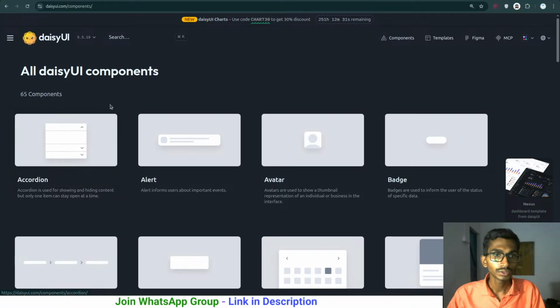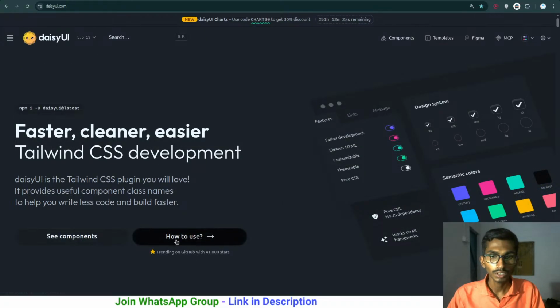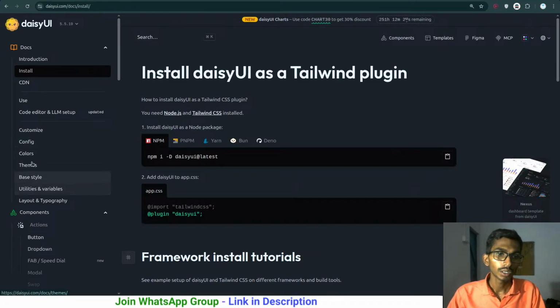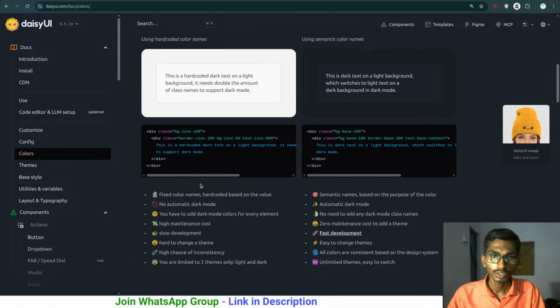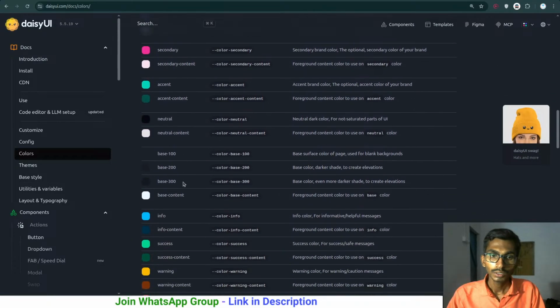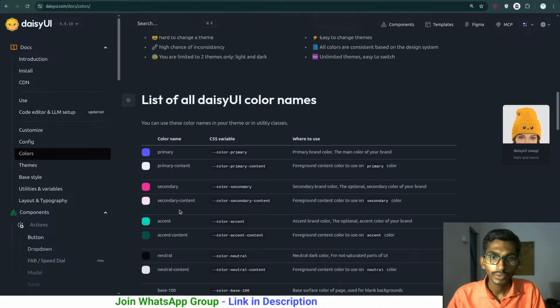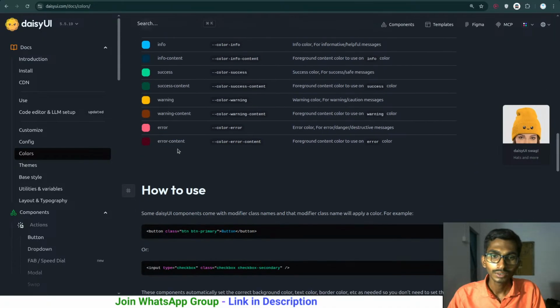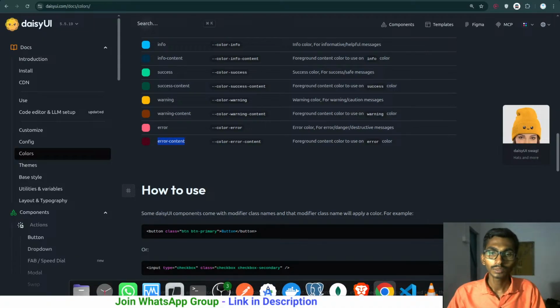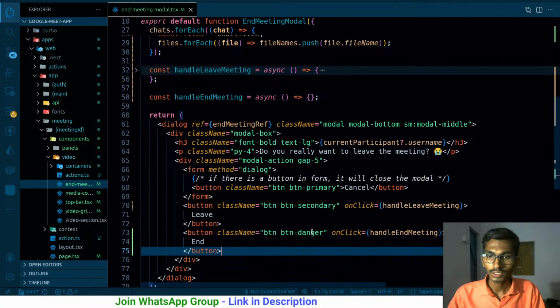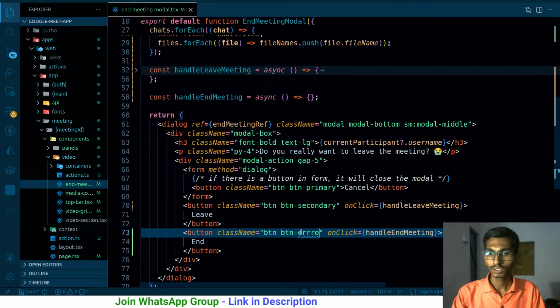Components, and probably I need to go to the templates components. I'm already here. This is not what I want. How to use? Ultimately I have to go to the color section, and in here there should be some kind of red color error content, if we actually want to leave something. So let me see how it's gonna be looking like. So when it comes to button error content,